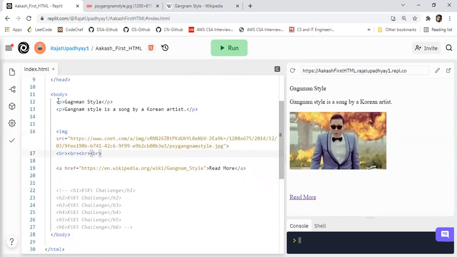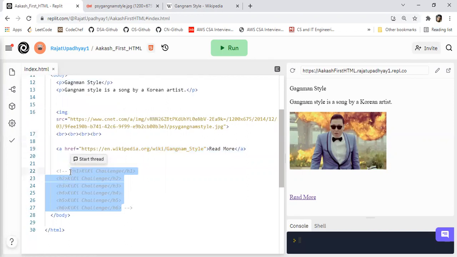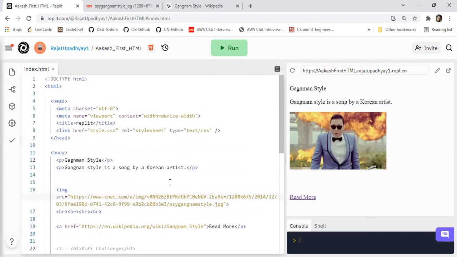So we have looked into the P tag, which is normal text display. We have looked into the image tag, which is image display. The BR tag, the anchor tag, which is for routing to another web page, and the H1 to H6 heading tags, right? Yes. Tell me your doubts. Nothing. But that meta chart sheet, that I cannot understand.